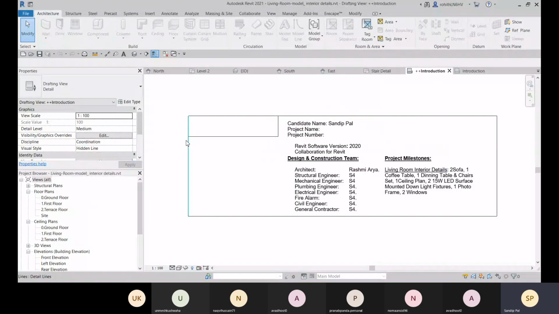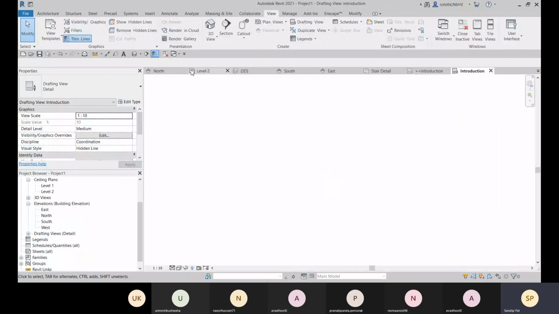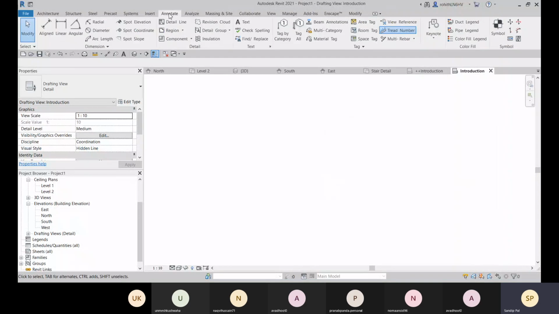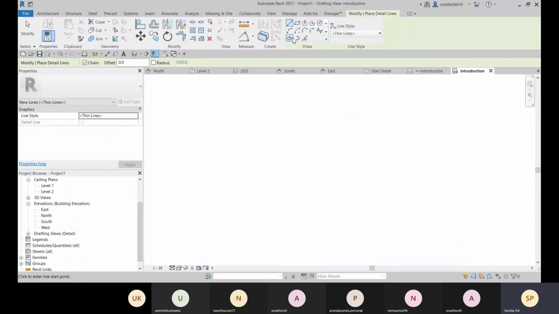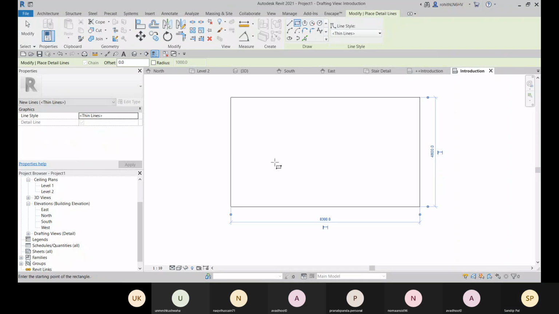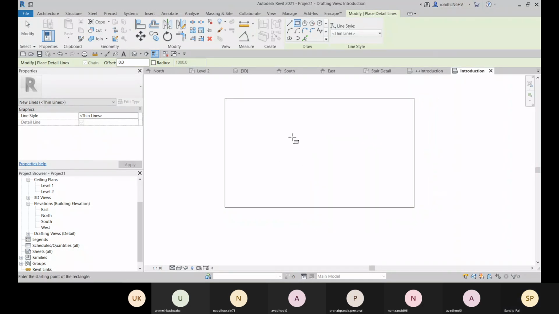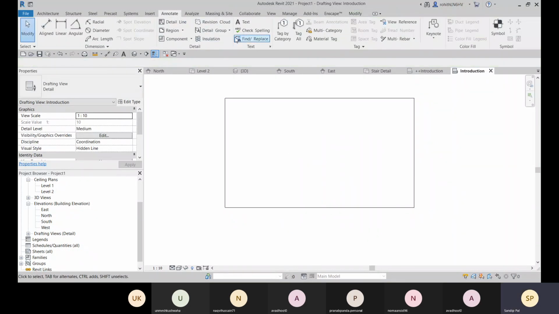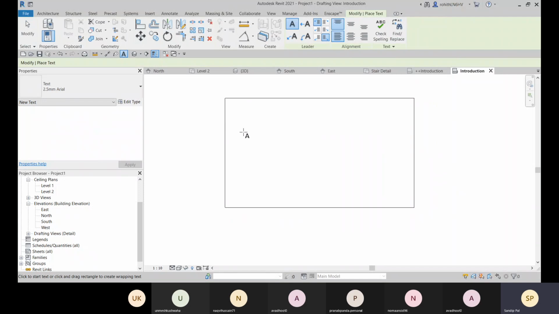With the detail line and with text you can create it. For that, go to annotate, and here you have this detail line. Create it, and then provide all this text, all the information.